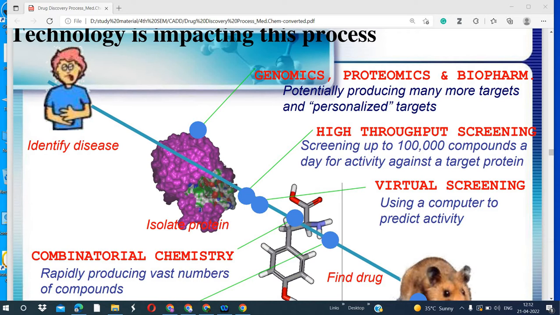In high throughput screening, we use the proteins that are treated with the drug, and with the help of that we create the protein microarray. That is very useful. Using the protein microarray, we can screen 100,000 compounds in a day and find out if a drug is active or not. On the microarray there are different spots, and spot intensity is used to measure the activity. You can watch the lectures on the microarray also.